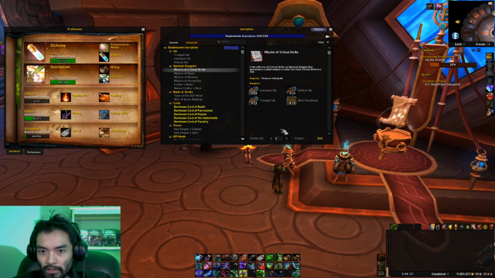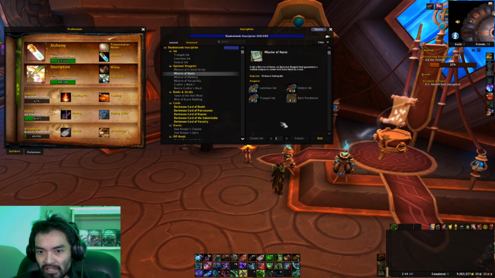But missives are really good right now. You can see the crit ones require 8 Luminous to 2 Umbral. Haste is 6 to 4. So if you're crafting any of these, or if you're doing a mix of both Darkmoon decks and you want